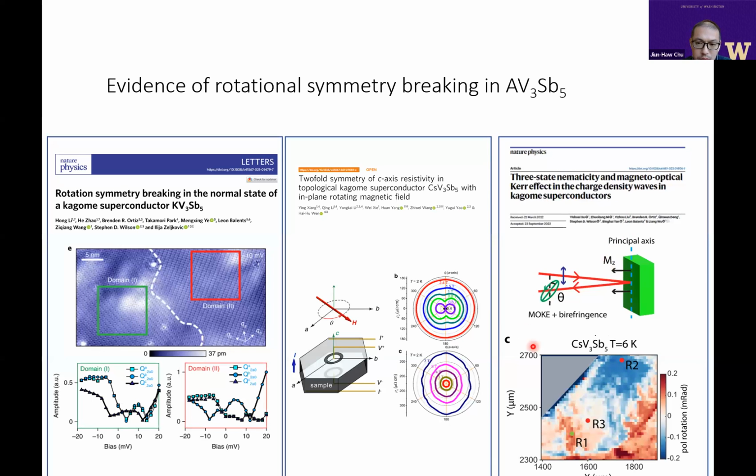So I will go into the results of the optical birefringence in a bit more detail, just because I feel that the optical birefringence result is perhaps more free from the surface effect, since the optical penetration depth is probing a bulk volume much more compared to the STM, and also requires less interpretation. So, at least to me, it seems to be a more straightforward and more convincing evidence for rotational